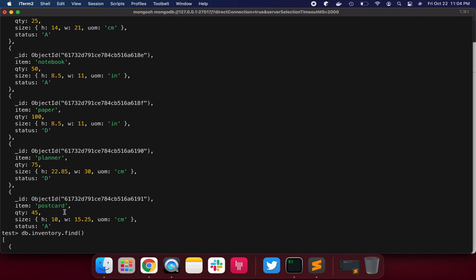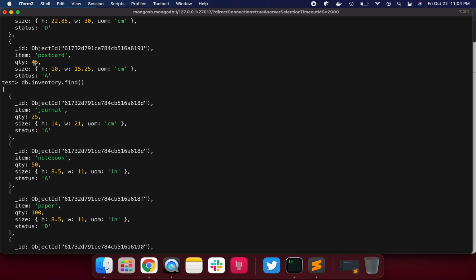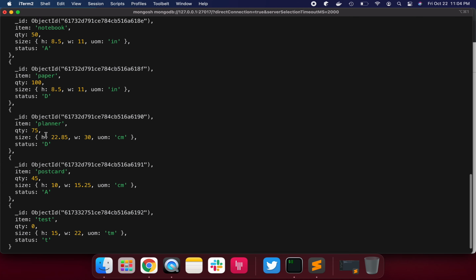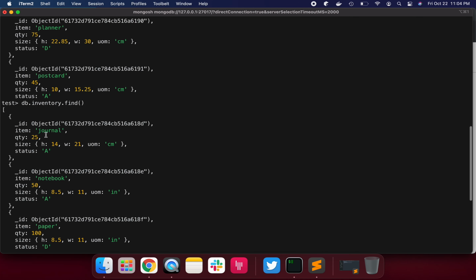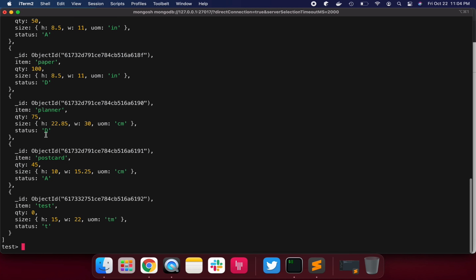If we want to find out status A and quantity 45, or quantity 45, similarly you can find all those details. So let's start with and.